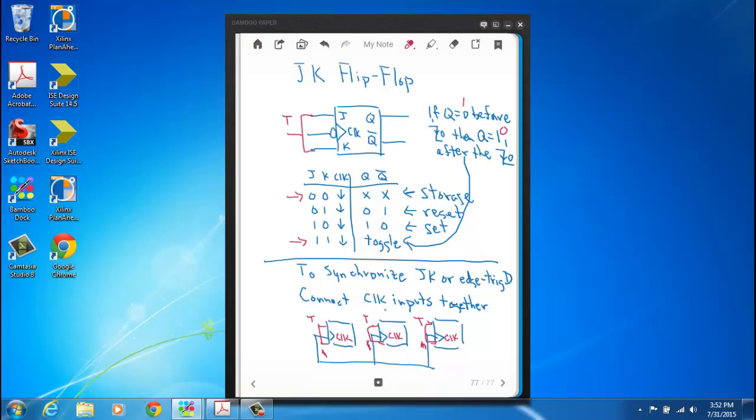And if it's edge trigger Ds, and we connected their clock inputs together, well, those edge trigger Ds would all be storing data at the same time, or all their outputs would be equaling what their D input is at the same time. Alright, let's look at